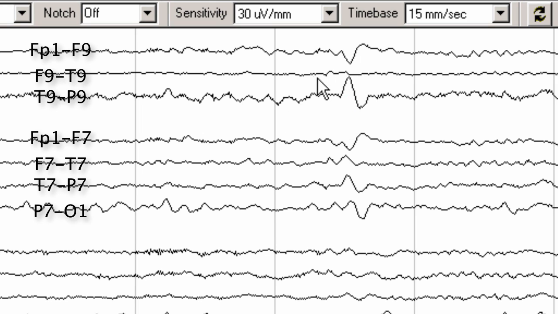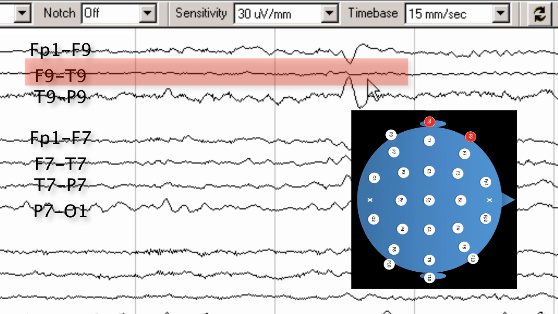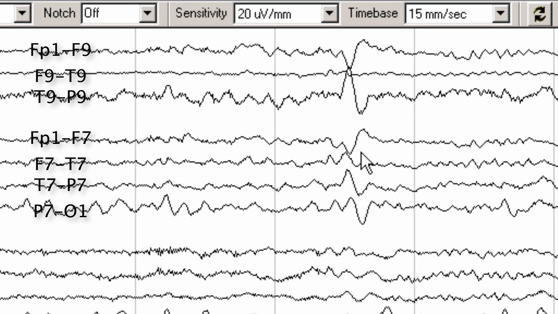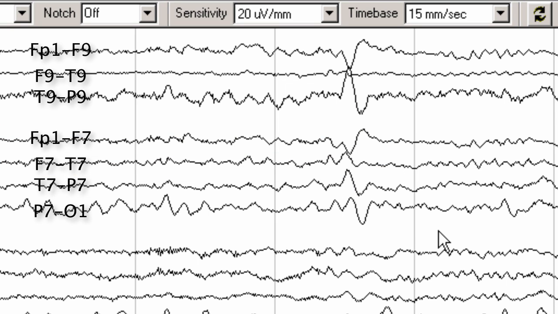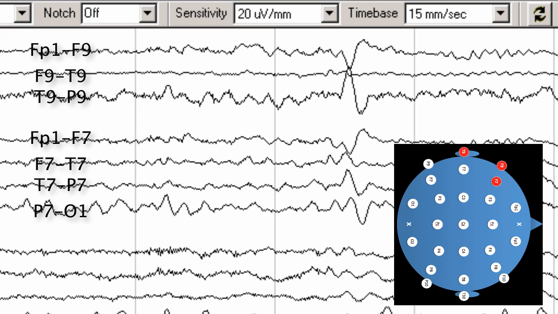This would suggest that the maximal negativity is at F9, T9. Similarly, in the regular temporal chain, we see a downward deflection at FP1, F7, and an upward deflection at F7, T7, suggesting that this is electronegative at F7. Therefore, we would say that this is a sharp wave, or sharp and slow wave complex, with maximal negativity at